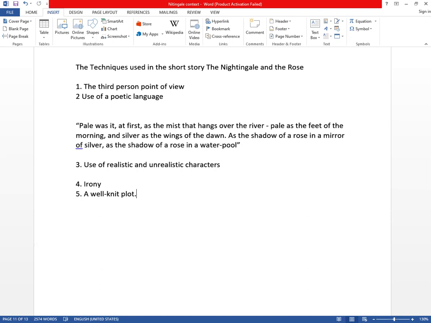Plot means the logical arrangement of events of a short story